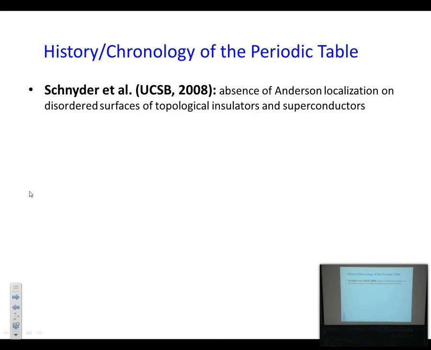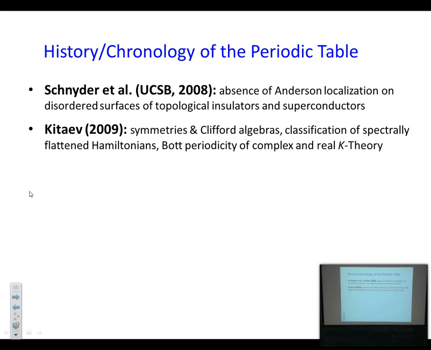And here I'm giving you some historical credit to authors that contributed to this story. Story starts, well, topological insulators and superconductors start in 2005, and there are thousands of papers. Here I'm just focusing on that little sector of this activity that led to the periodic table. So that starts in Santa Barbara, in California. A group of postdocs around Andreas Ludwig were studying Anderson localization on disordered surfaces with topological insulators, and discovered interesting phenomena,